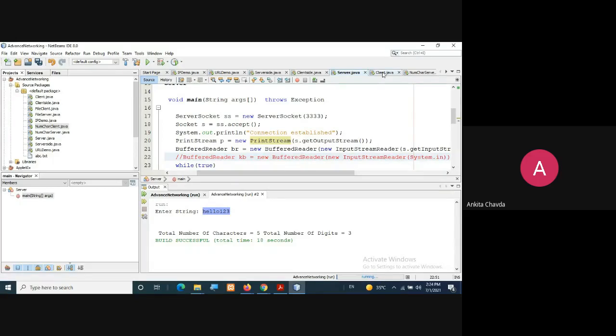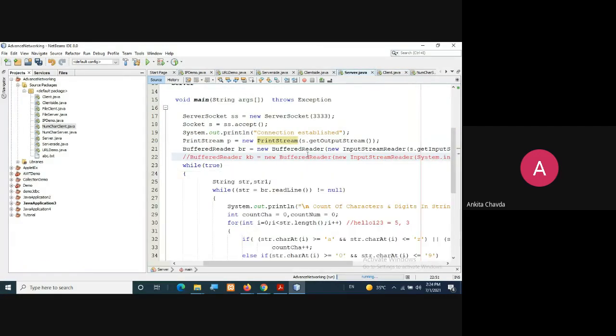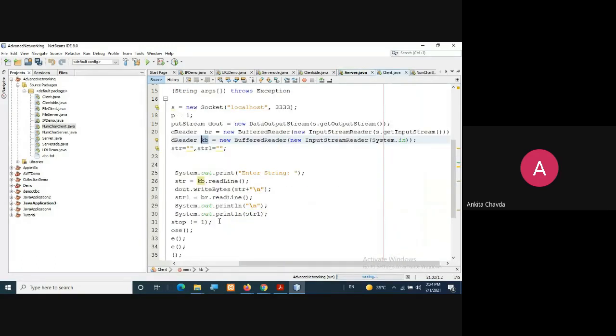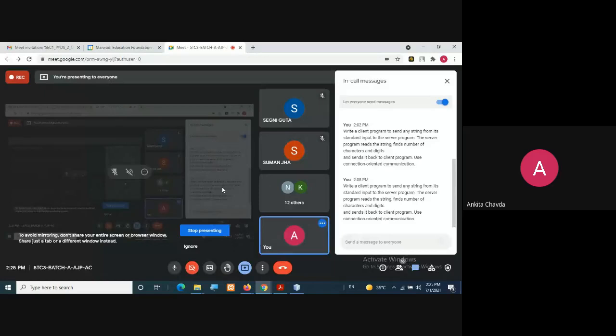Using this KB, we are taking the data from the client, meaning the user has entered it, and this will be sent to the server. Server will calculate this and send this back to the client. And finally the client will print this on their side. Okay, understood, ma'am.